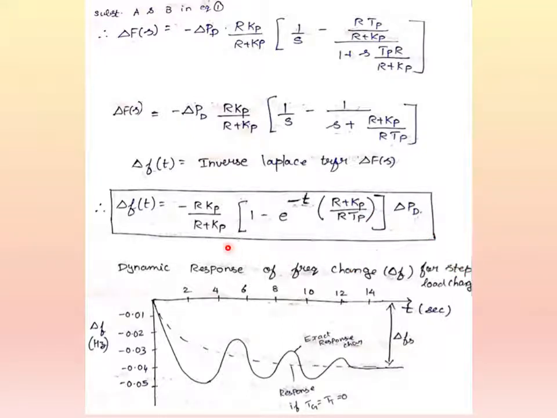And when we substitute the constant values, regulation values, everything, the dynamic response for the change in frequency for a step load change will be obtained like this. So we have assumed our Tg and Tt values are equal to 0. So your graph will come like this dotted line. With the assumption, your graph response will be like this. But without the assumption, the actual response characteristics will be oscillatory in this form.